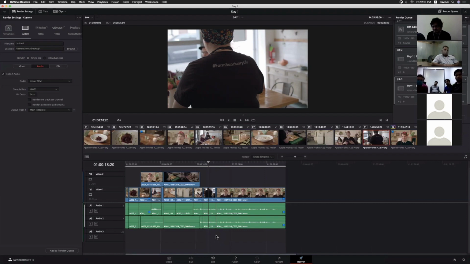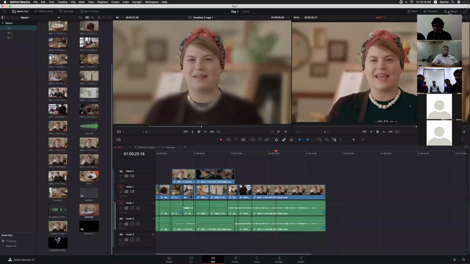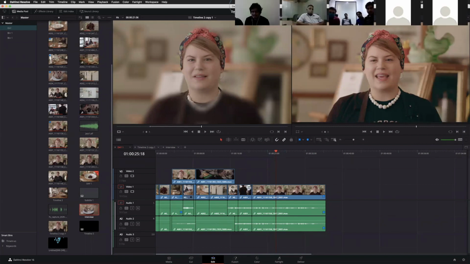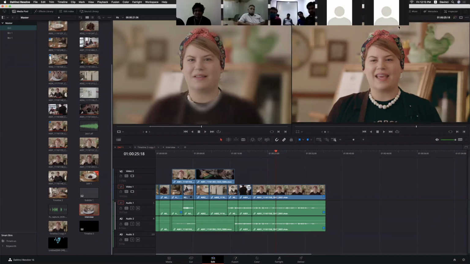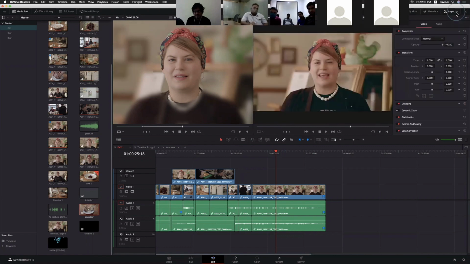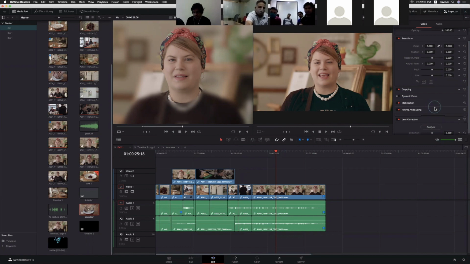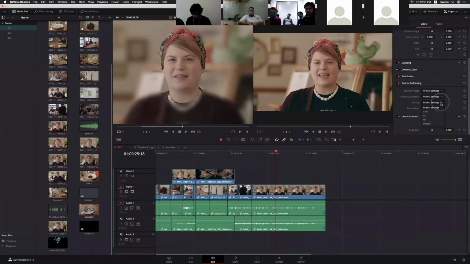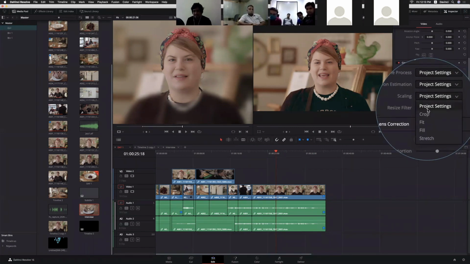If there is a problem with the sizing, within the Inspector window we do have a Spatial Conform option. Go to Retime and Scaling. We'll use these options. By default, it will try to fit whatever the resolution of the image within the canvas without losing any of the video content.